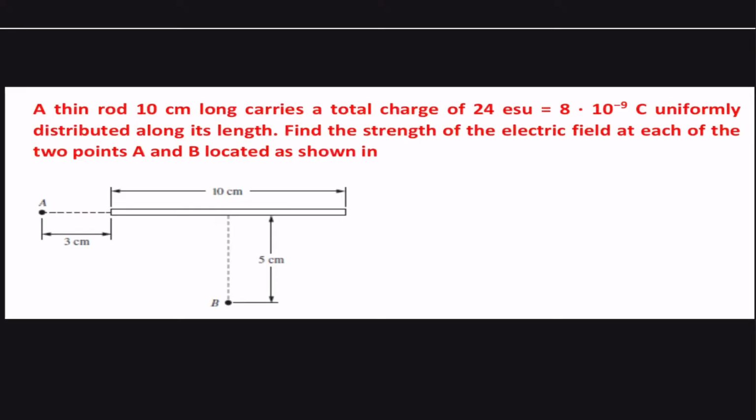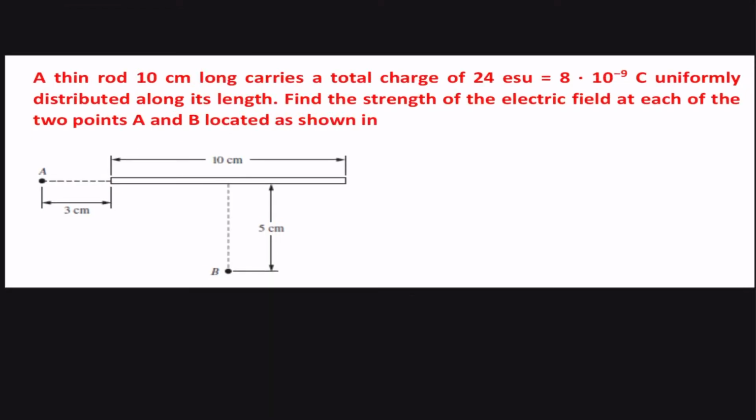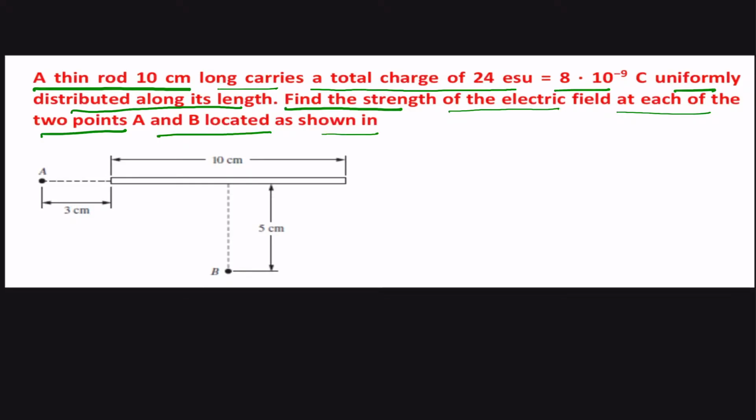So the first question states that a thin rod of 10 centimeter carries a total charge of 24 ESU, that is 8 into 10 to the minus 9 coulomb, uniformly distributed along its length. Find the strength of the electric field at each of the 2 points A and B located as shown in the figure. So we are given 2 points A and B,